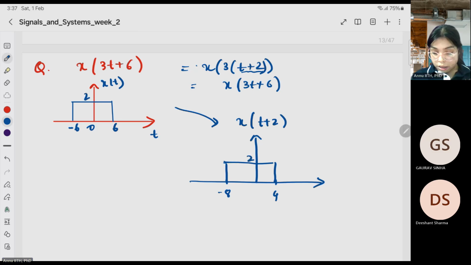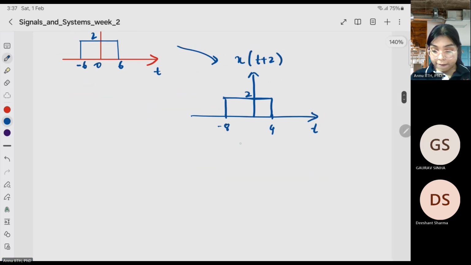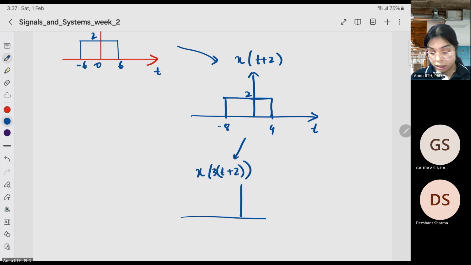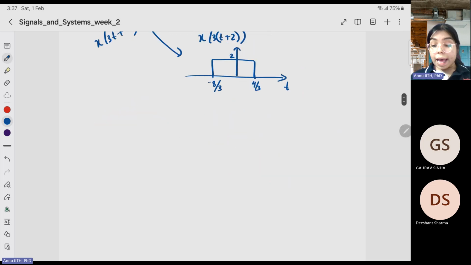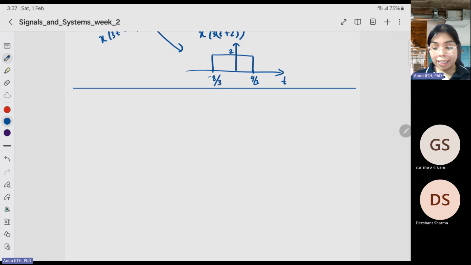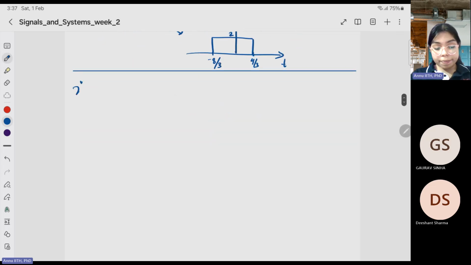This is x of t plus 2. Now you need to apply the 3. So x of 3t plus 2, what is it? With 3t, you have to divide by 3: 4 by 3, minus 8 by 3. So this is how the signal will look like, x of 3t plus 6. Okay, this is the first way that we usually follow, and that is the best way also. The second way is,